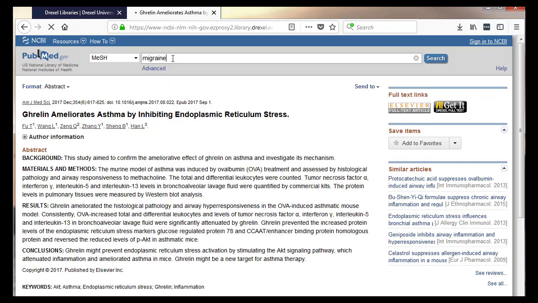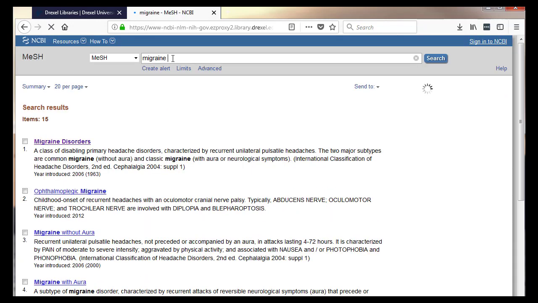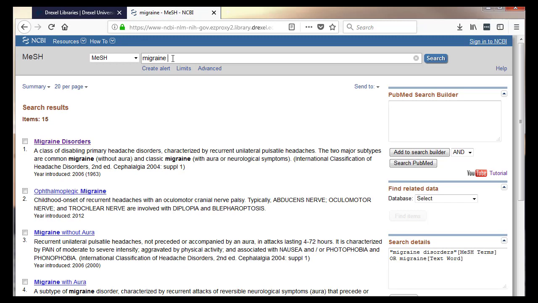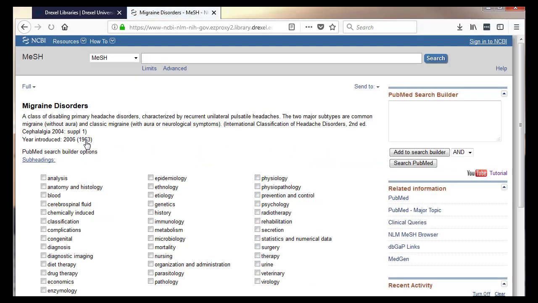So first, I'm going to search the MeSH database for migraine. You want to search the MeSH database one concept at a time because it's similar to a dictionary or a thesaurus. I'm looking for a term for each part of my search, and then I'll combine them together later. Searching for migraine brings up a few options. I'm going to choose the first option because I want to look at migraines broadly and not at one specific